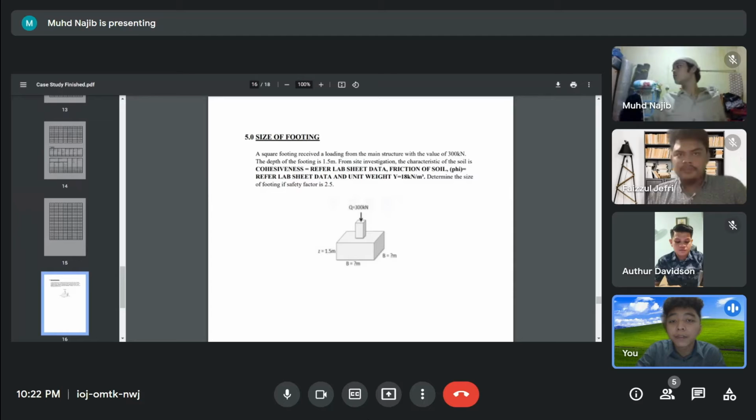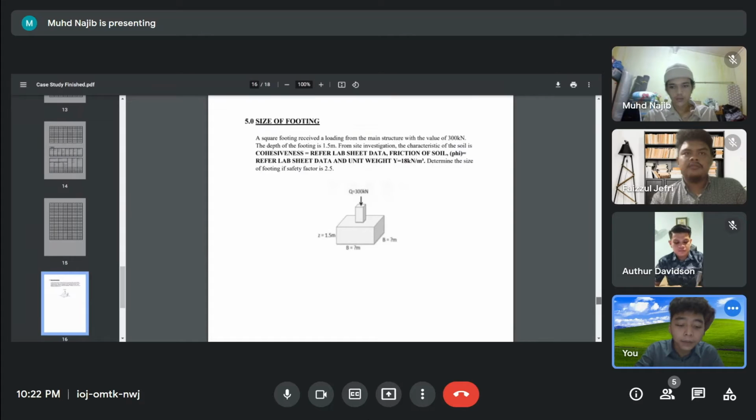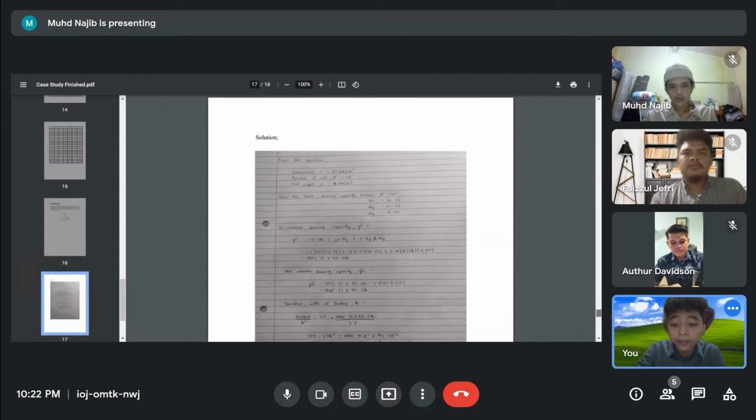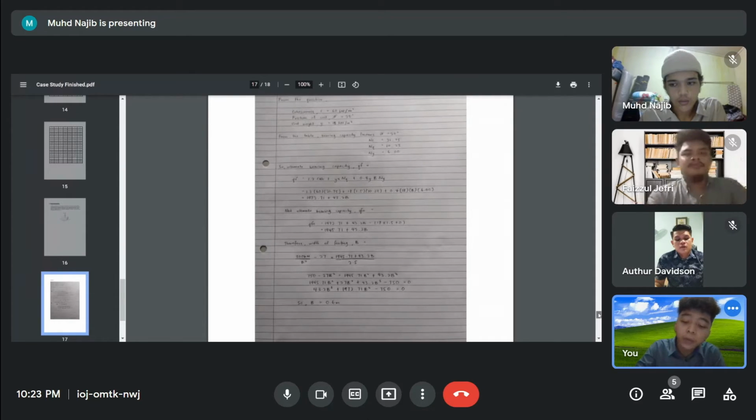A square footing receives a load from the main structure with the value of 300 kilonewton. The depth of footing is 1.5 meter. So we will need to determine the size of footing if safety factor is 2.5. So as you can see, that is the diagram for the footing. Now we are going to move on to the solution. So from the table, bearing capacity factor is 23 degrees, and C is 21.75, and Nq is 10.23, and Nγ is 6.0. So in order to find B, we will need to solve the ultimate bearing capacity first, which is